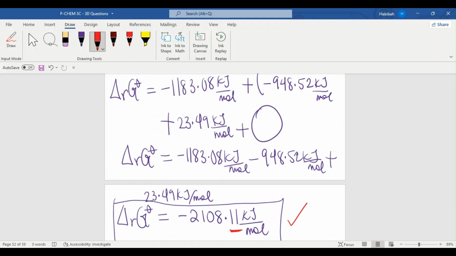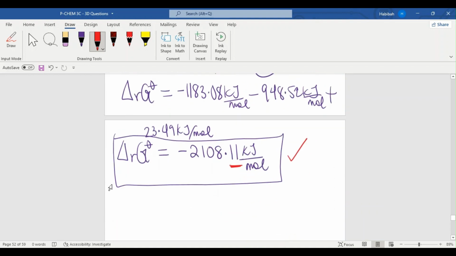I want to quickly mention something so that there isn't any confusion. I have noticed that in some solutions on the internet, they use plus 2108.11 kilojoule per mole instead of negative. I explained this in my other video, where I had the first version of this question, where we did the combustion of methane gas, and in this one we're doing the combustion of propane gas. It's possible that some of you are not taking this course, physical chemistry, as a chemistry major like I did, but as something else. So what I'm trying to do for mine is negative